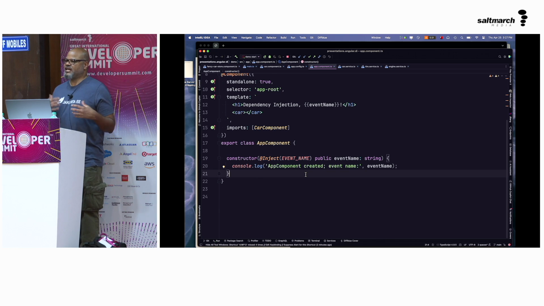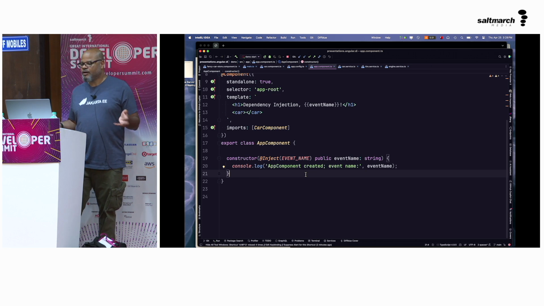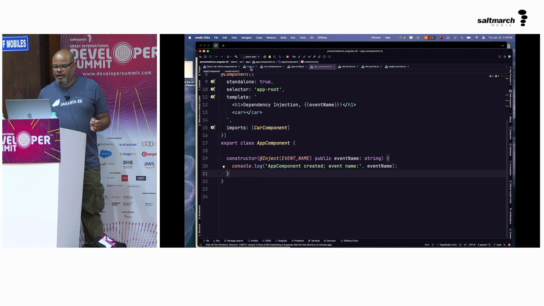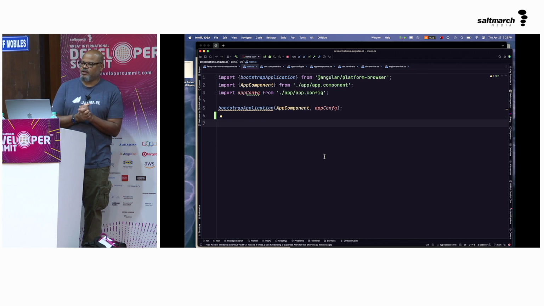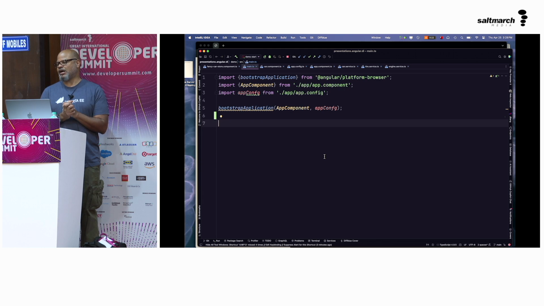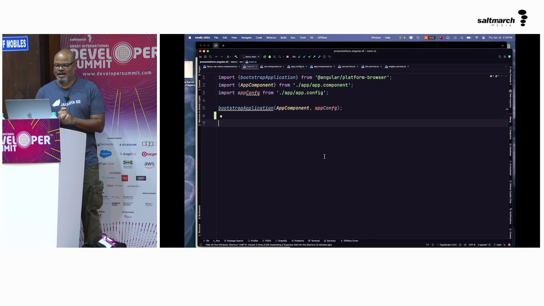So this is how most applications are, and this is how most people work with it, right? They create a service, they put it in root or at a module level, or they declare all their providers in the module, and everything just kind of works, right? But there's actually a lot of stuff going on, and that's really what I wanted to focus on. So I wanted to say, all right, well, what if we looked at how Angular implements this? And I'm not on the Angular team. I don't have any special insight. So take my analysis with a grain of salt, but I'll give you a basic idea.